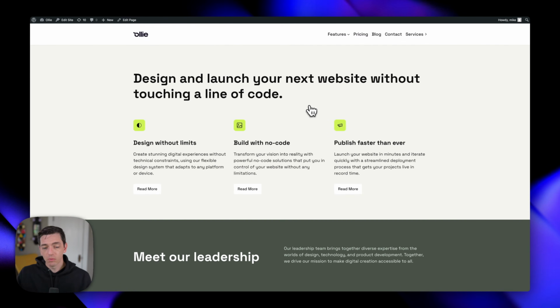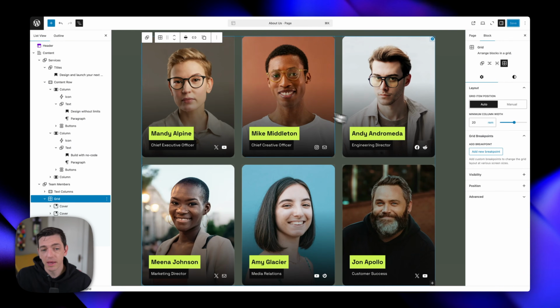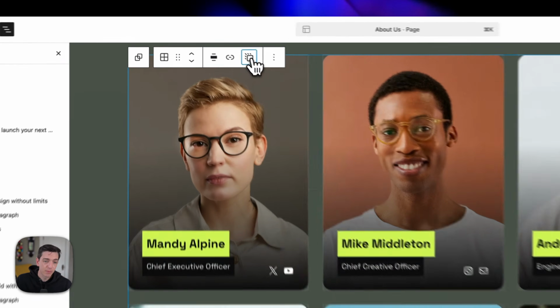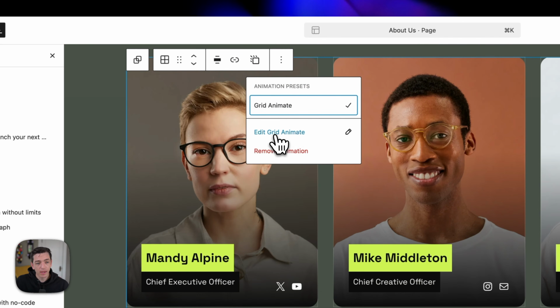And this is really cool because this means that I can design an animation in one place, and I can use this not just on this page, I can use this on a dozen pages. And I get that very consistent design across a bunch of pages. And then if I ever want to come in and customize this animation, I can click edit grid animate and